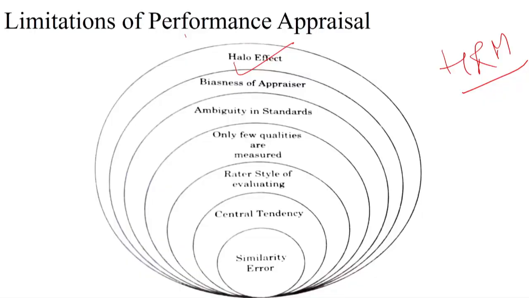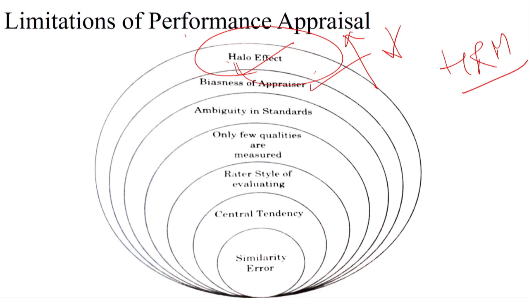Then the second one is related to the bias of the appraiser. The presence of the halo effect in evaluation of employees is one of the biggest weaknesses, because a high rating is always given to the most favored employees, whereas unfriendly employees are always rated below average. This is the bias of the appraiser. They will give high ratings to the people who are in their good books and low ratings to the people who are not, because their mental conditioning is such that Mr. X is very, very good, so definitely he becomes the most favored employee,